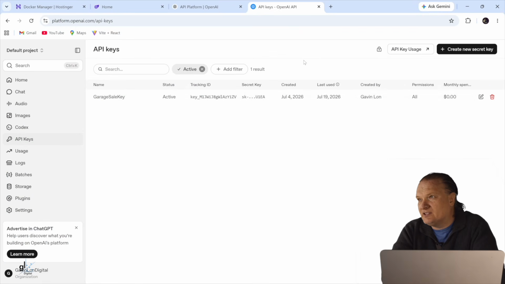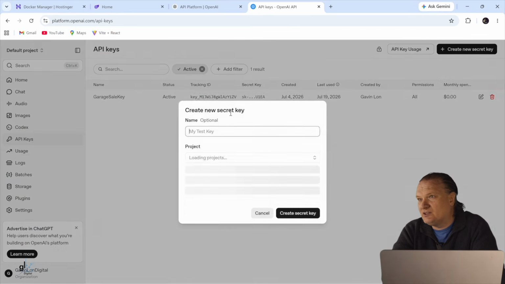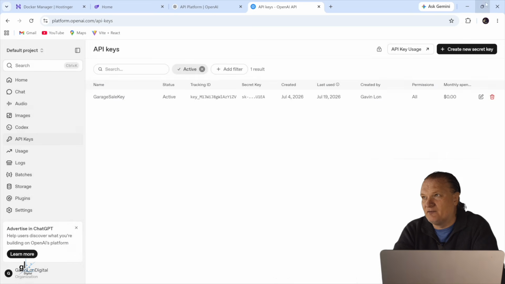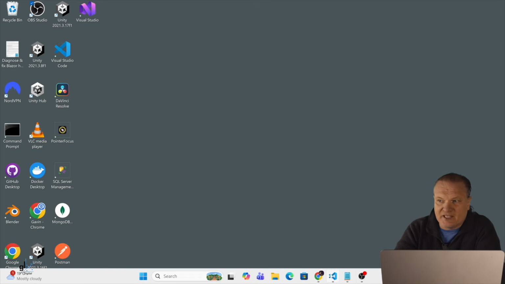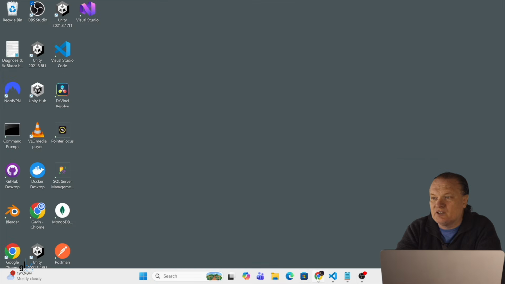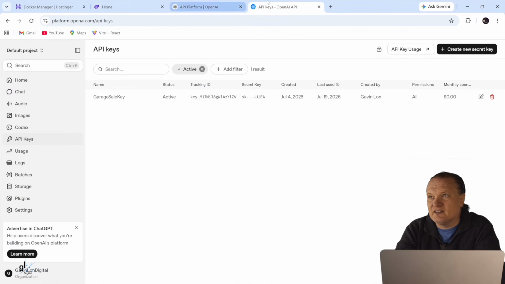So all you do is you go create new secret key and give your key a sensible name, and default project, give it a sensible name, create secret key, and then you just configure it within your application. When you're running it in dev, you configure it here, and then once you've deployed the application to Hostinger, you want to configure it like this